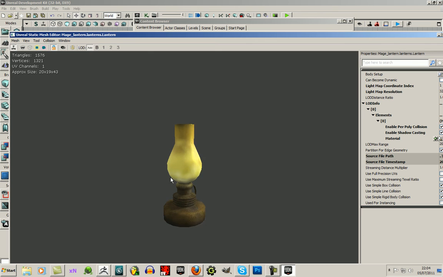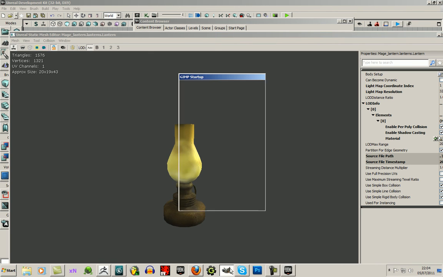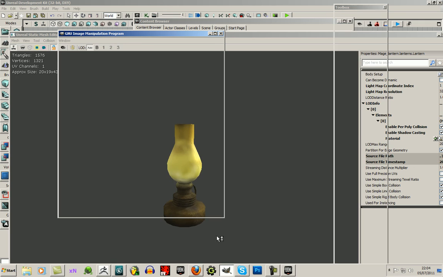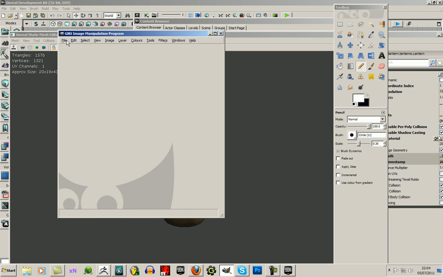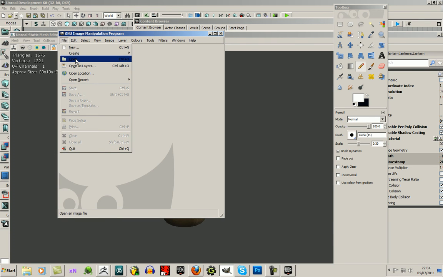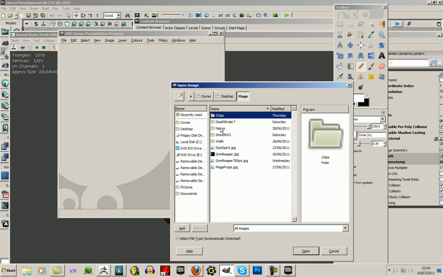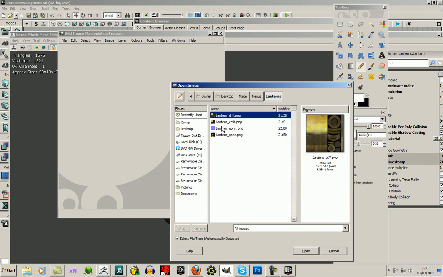The emission map is quite high. I'm going to put more contrast on the emission map because it's lighting up too much of the model. So I'll open desktop, Mage, Nexus, Lantern, Emission,